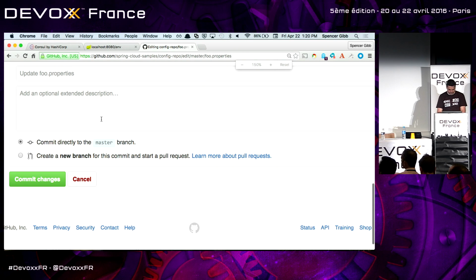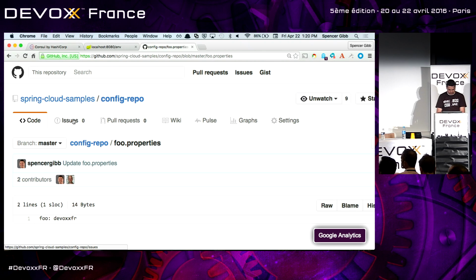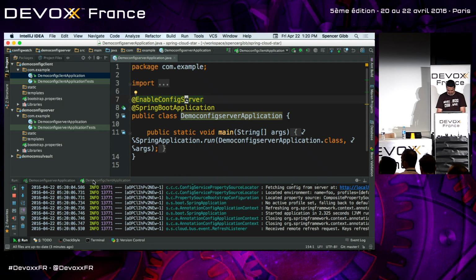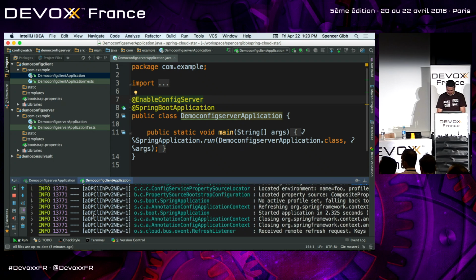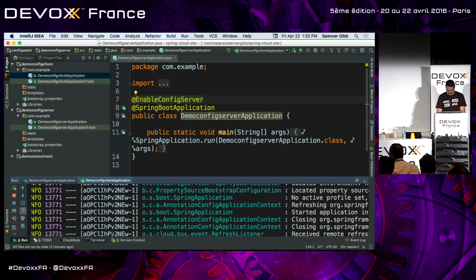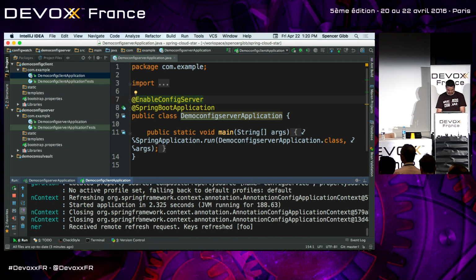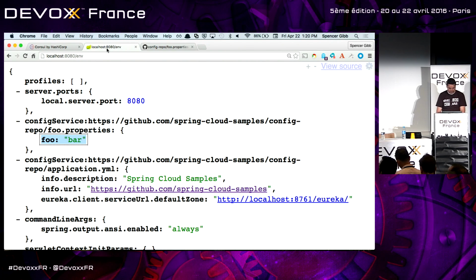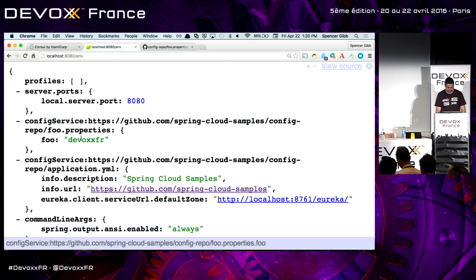We're going to commit this, and let me go back to IntelliJ. You'll see some text here that we're refreshing the context, and the key that was refreshed was foo, and if I come back to the environment, you'll see that it now has the new value.